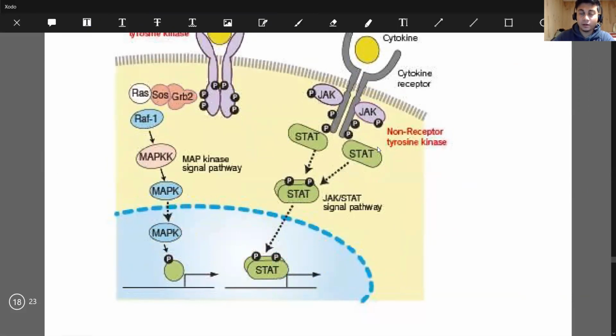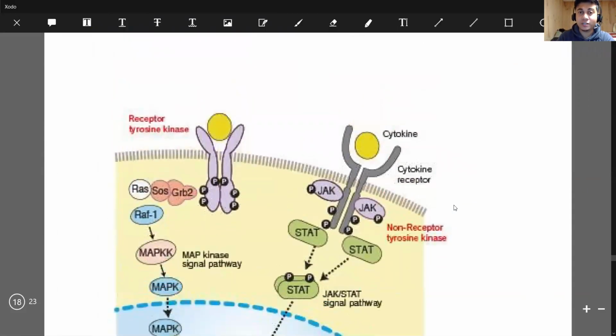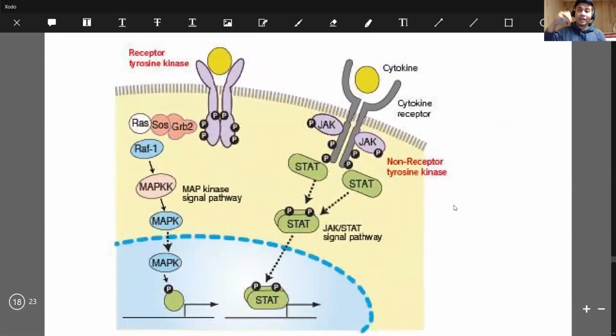Again, this is a cascade of events that happens here. First, there will be the receptor ligand interaction. The ligand binds to the receptor and it dimerizes, then this receptor dimerization leads to stimulation of the tyrosine kinase. Then this tyrosine kinase phosphorylates the tyrosine residues along with that receptor, and these phosphorylated tyrosine residues will bind to some relay protein like the SH2 domain or GRB2 domain. There are several other domains, and when they bind there, they bind with the son of sevenless